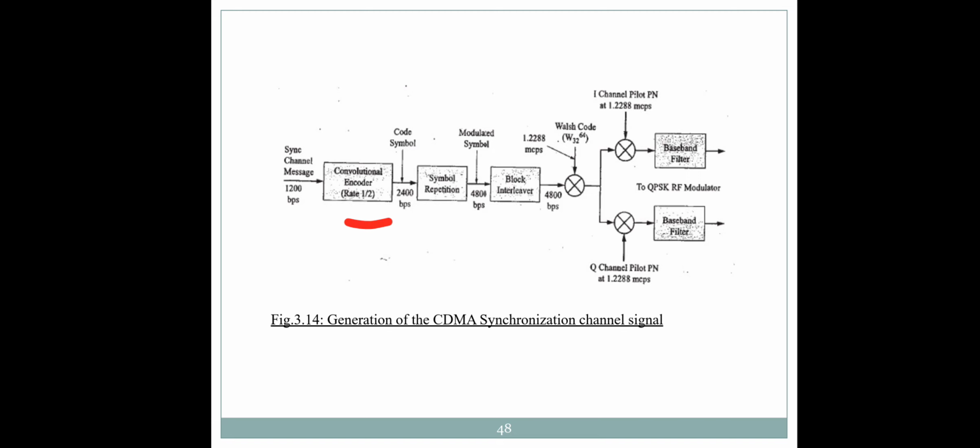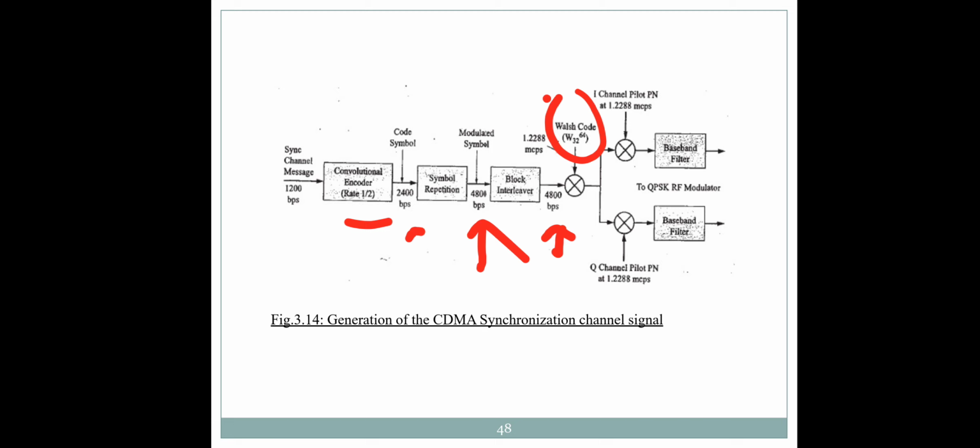Later, the code symbol is convolved at the rate of half, 1 by 2, so it is going to be 2400 bits per second. Then with the symbol repetition, the modulated symbol is going to be at the rate of 4800 bits per second, with the interleaver between them, and it is considered as 4800 bits per second, and the Walsh code